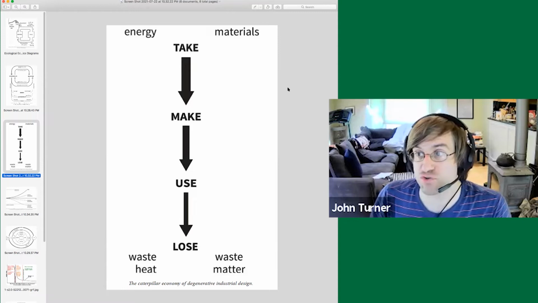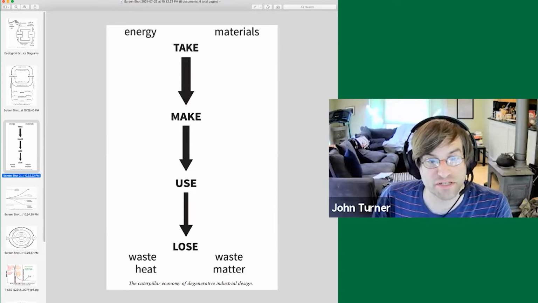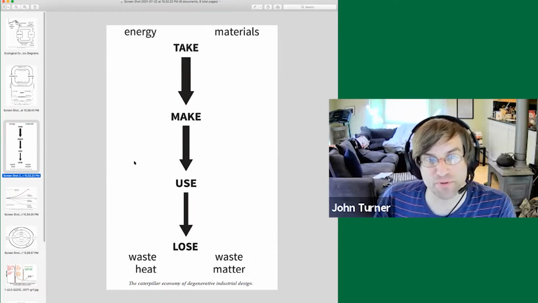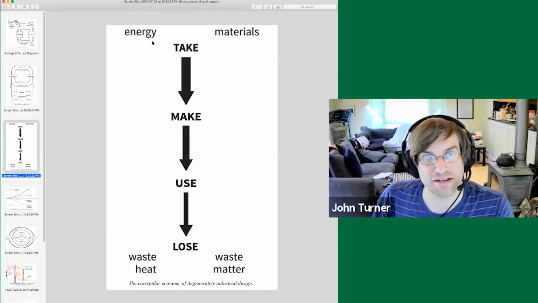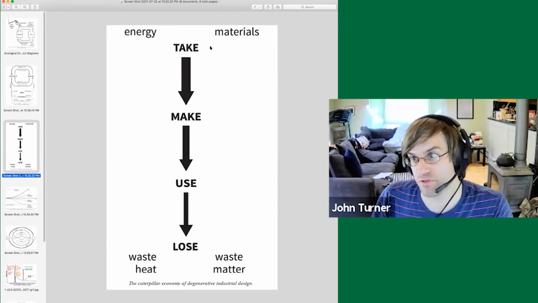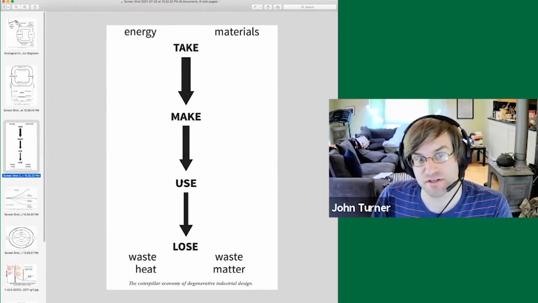That notion of extraction, the environmental and ecological economists that we're going to be discussing, this is another diagram from Raworth, that she describes as the caterpillar model of economic design. That is that you extract. When people talk about extractivism or resource extraction, that's the explanation of what you are taking from the larger environment, a set of energy and materials. You make it into something else, someone uses that.